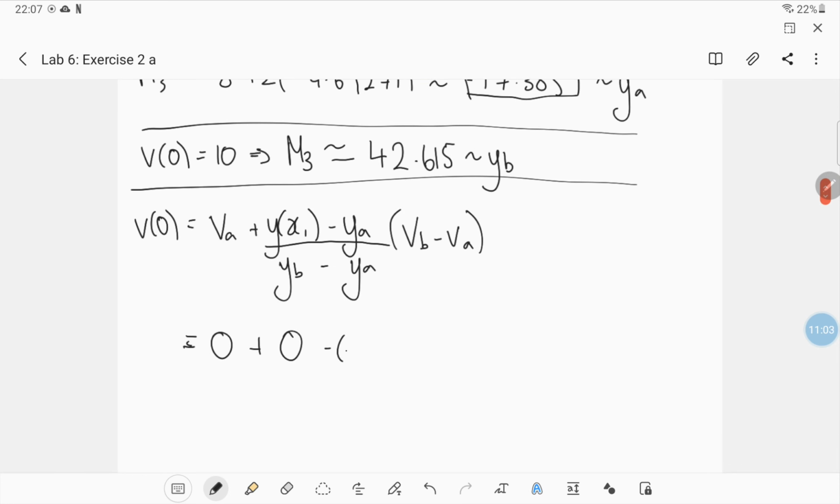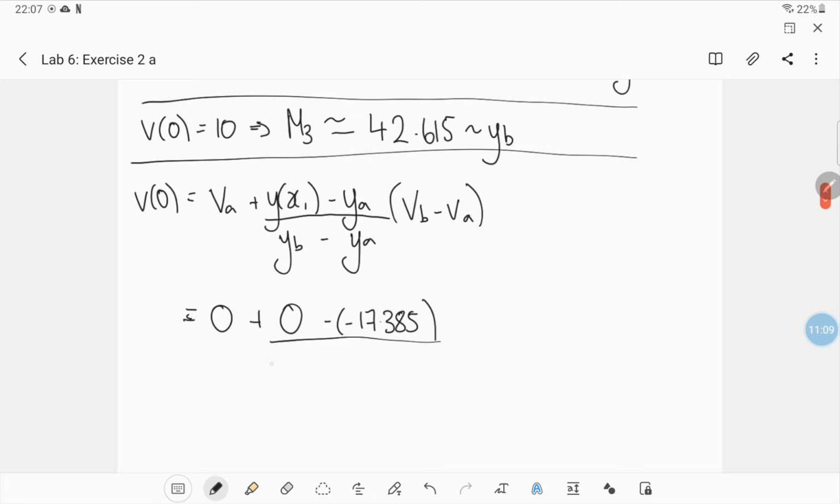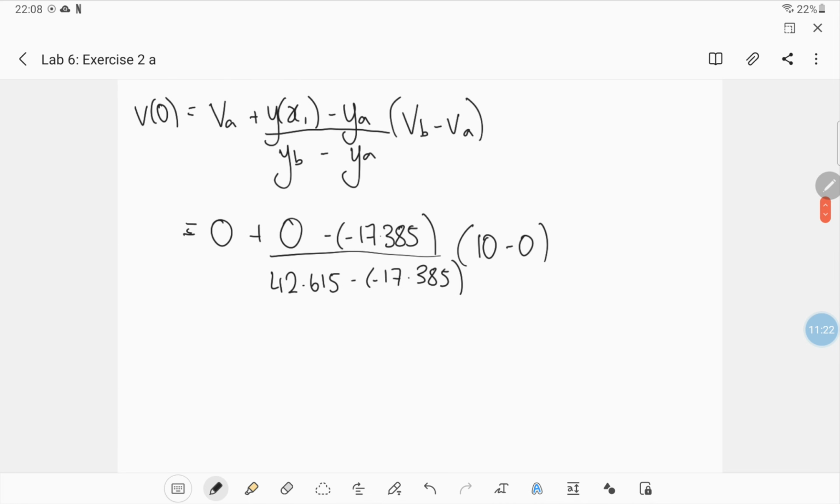YB is our second shot, 42.615, minus the first shot minus 17.385, and then the difference between the two slopes, 10 minus 0. I'm going to get some mathematical software going just for a good calculator. I'm just going to pause the video. So I do this to five significant figures, and I get exactly